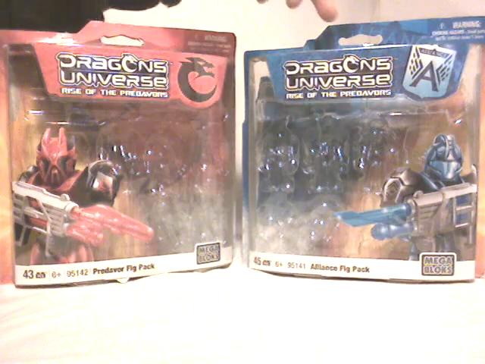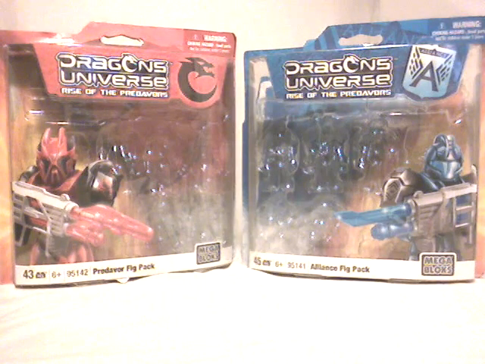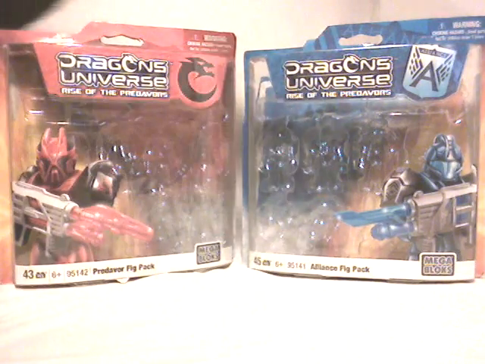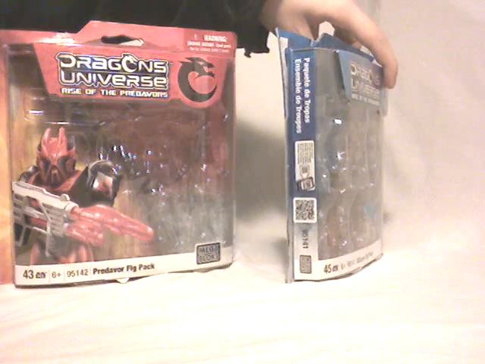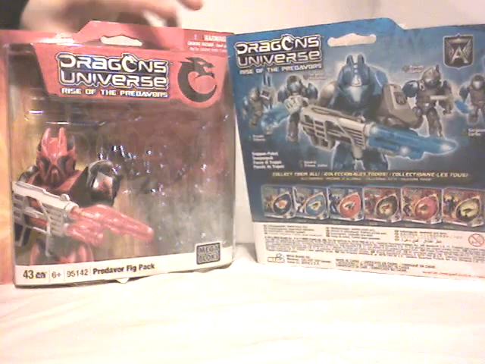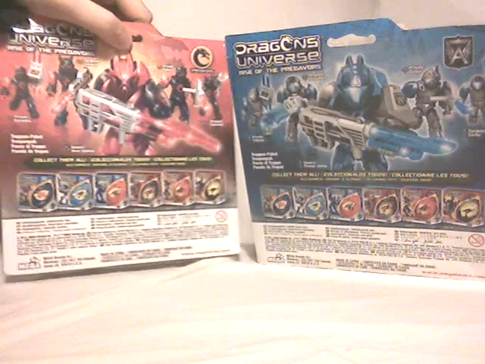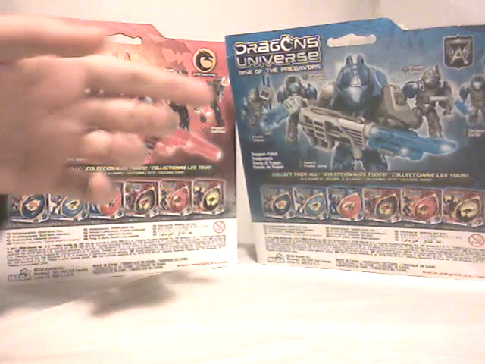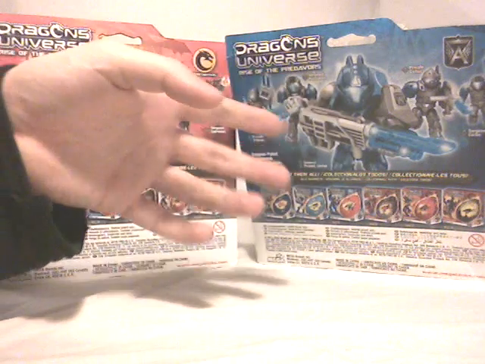Of course, each package features the main color of their side, so red for the Predavors and blue for the Alliance. Then you have the usual information. You will also find the QR code here on this side if you want more information. And on the back, excuse me for that, we have the 5 soldiers in a nice 3D model view, and each of them you got their name